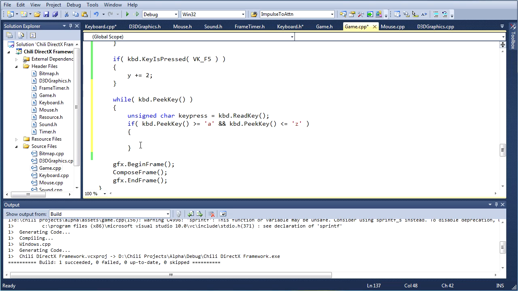As long as there are any keys in the buffer, we'll read a key from the buffer. And then if the key press is an alphabetical key, then